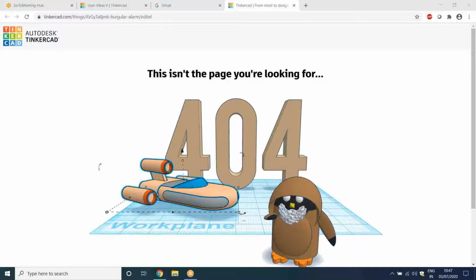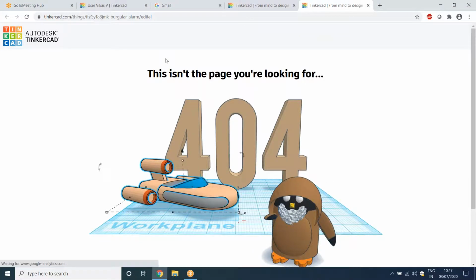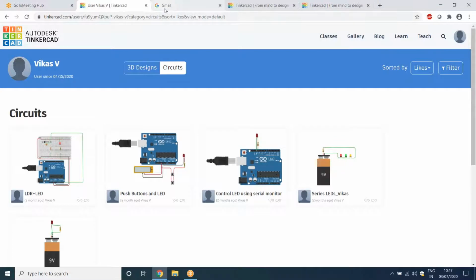It is showing, this isn't the page you are looking for, or something. I'm getting this page. Now you check.